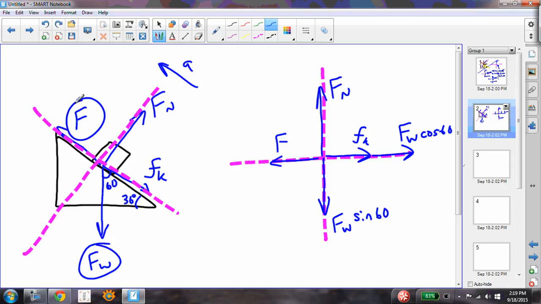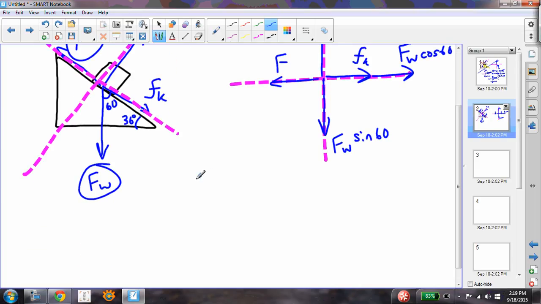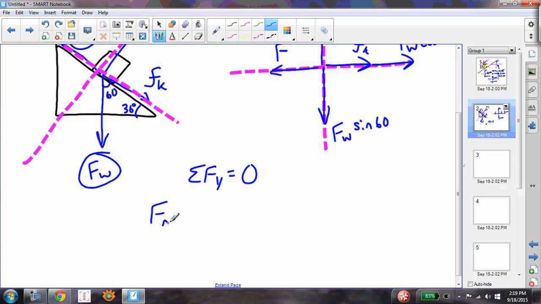Well, let's say that I know this force. That makes it solvable, basically. Then I apply Newton's second law. The sum of the forces in the y direction is equal to 0. Remember, like I said in the previous one, the block never moves in the y direction because it would be coming off the inclined plane. You'd have a completely different problem if that was the case. So the sum of the forces in the y: normal force in the positive y direction, minus Fw sine of 60,